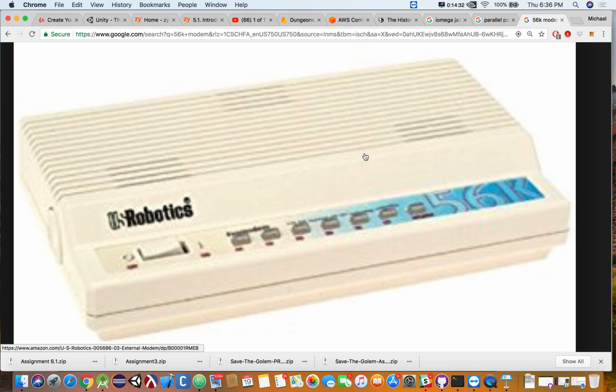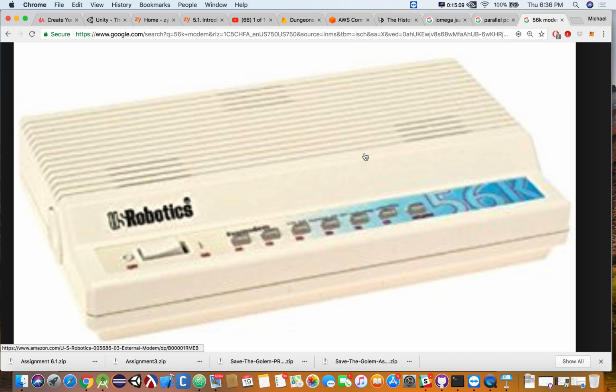How did internal 56K modems plug into your computer? What kind of port was inside your computer for that to plug into? You can take a guess. What ports are on our motherboards now? You don't even know the name of the port. You just built a computer. You just know it was the port you shoved stuff onto. Pretty much. Well, the ports you shove stuff onto are called PCI Express ports. Historically, we had ports called PCI ports.